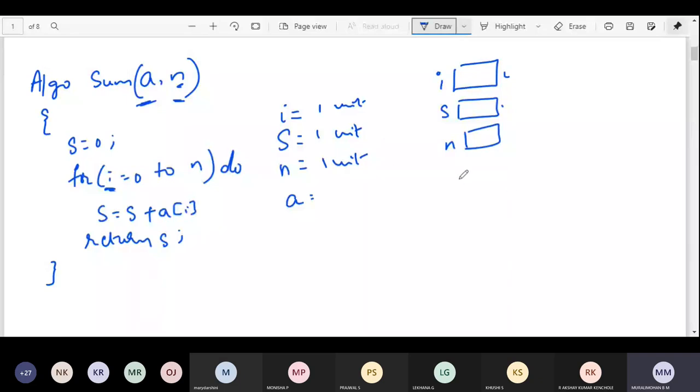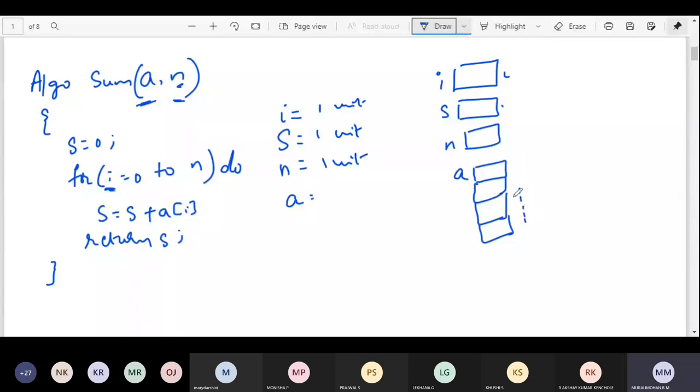Whereas for this A, if n is equal to 1, this is the size. If n is equal to 2, this is the size. If n is equal to 3, this is the size. If n is equal to 4, this is the size, right? Just see, the memory locations keep on changing here.